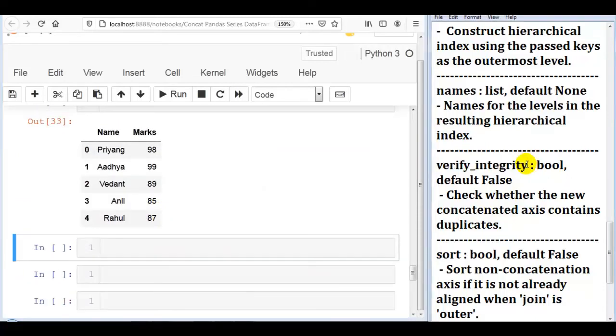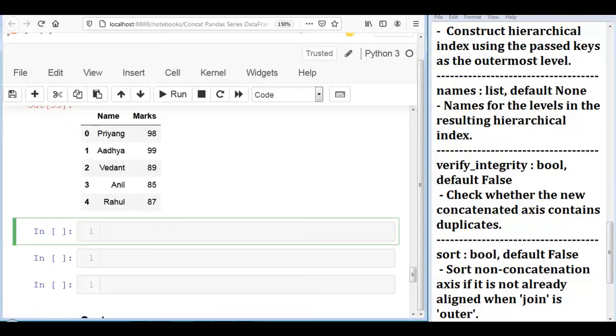Please remember, we can use verify_integrity if we want to verify that the indices in the resulting data frame do not overlap, meaning we want to avoid duplicate indices. Let me show you this practically. Let me write pd.concat, df1 comma df2.